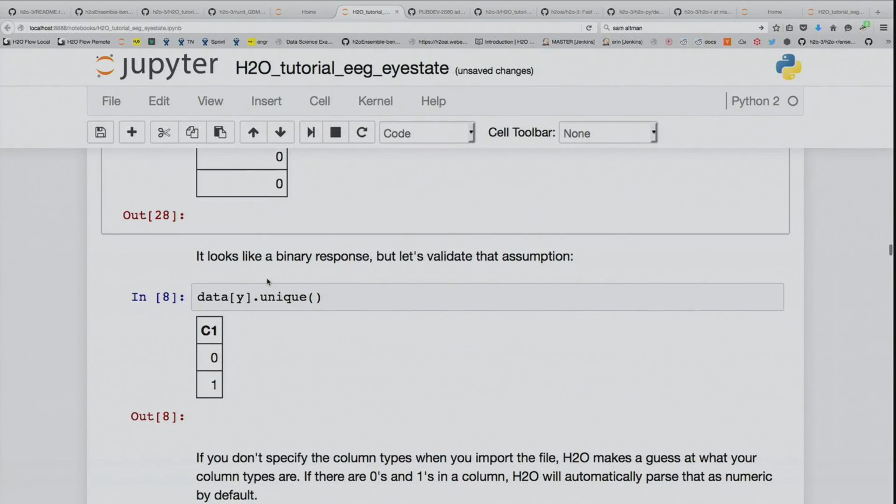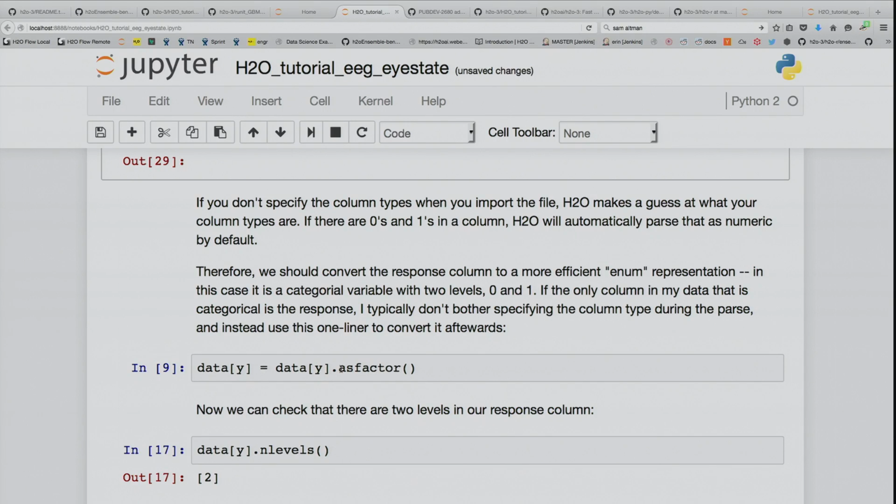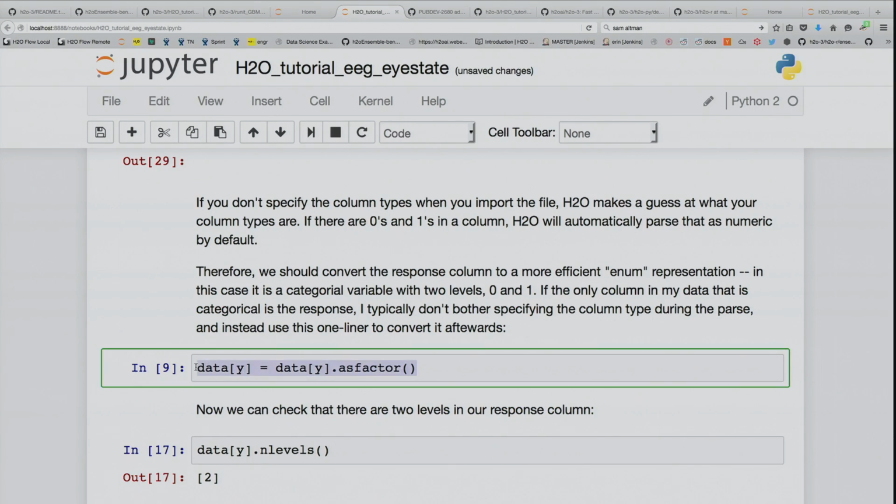I'm going to skip over the next couple things so that we don't run out of time. But just so you know how to do all of these things, like calculate the unique values in a column or look at the levels in a categorical column, all of this stuff is here. One thing that I will show you, both in this notebook and in the R notebook,